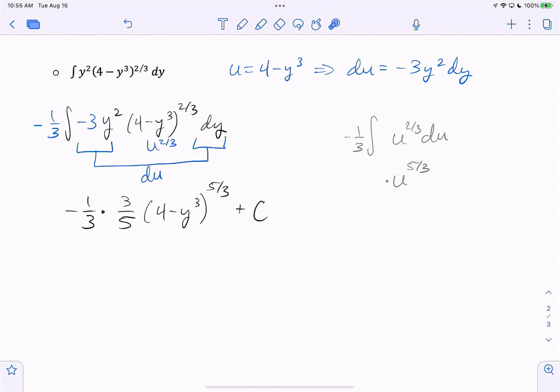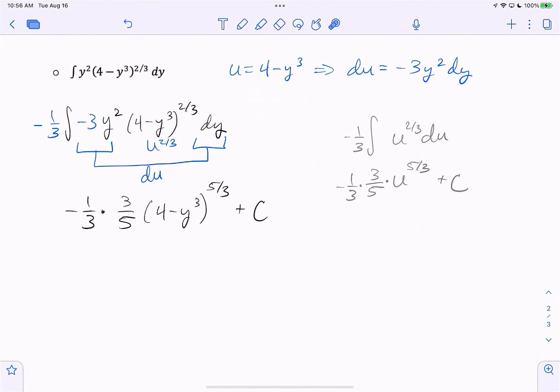Now I'm going to divide by the new exponent. So I write down 3/5 as a factor out front. And then our negative 1/3 was already sitting there, plus our constant of integration. And then u gets replaced by 4 minus y cubed. So I did this basically in my head. I would encourage you to work on trying to be able to do that. It's always okay to write it down in terms of u and then bring it back in terms of the